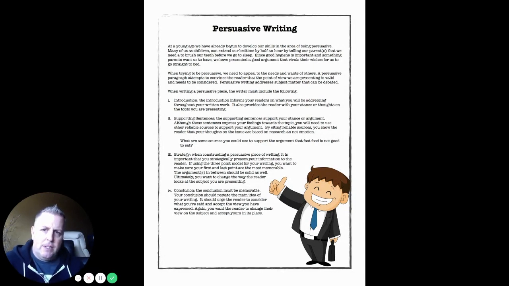This sheet says that at a young age, we have begun to develop our skills in the area of being persuasive. I'm just going to summarize it, not necessarily read it over. As a young child, you would probably have been asked, hey, get ready for bed. And you'd tell your parents, I don't want to go to bed. And your parents would say, absolutely no discussion, get to bed. Then you'd start playing the game. The game would be, but Mom, I'm hungry. Or Dad, I'm hungry. And your parents would say, all right, grab a quick snack. And then you'd have the quick snack. Then your parents would say, okay, you've had your snack, get to bed. But then, I need a drink now.